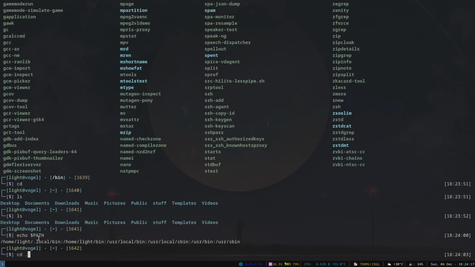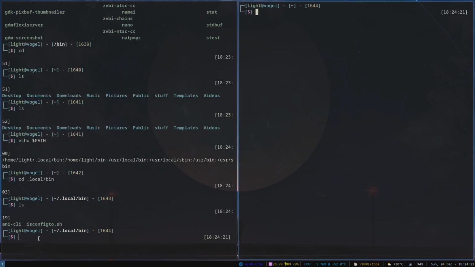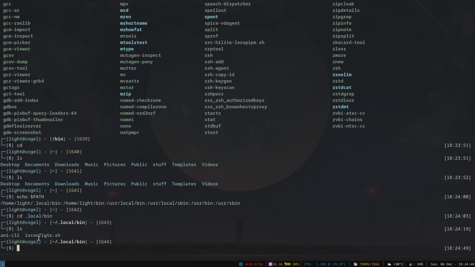If we cd to .local/bin, we have NECLI, which is a program, so we don't need to type the whole path like /home/light/.local/bin/NECLI. We don't need to do stupid things like that. We can just do NECLI and launch the program pretty easily.